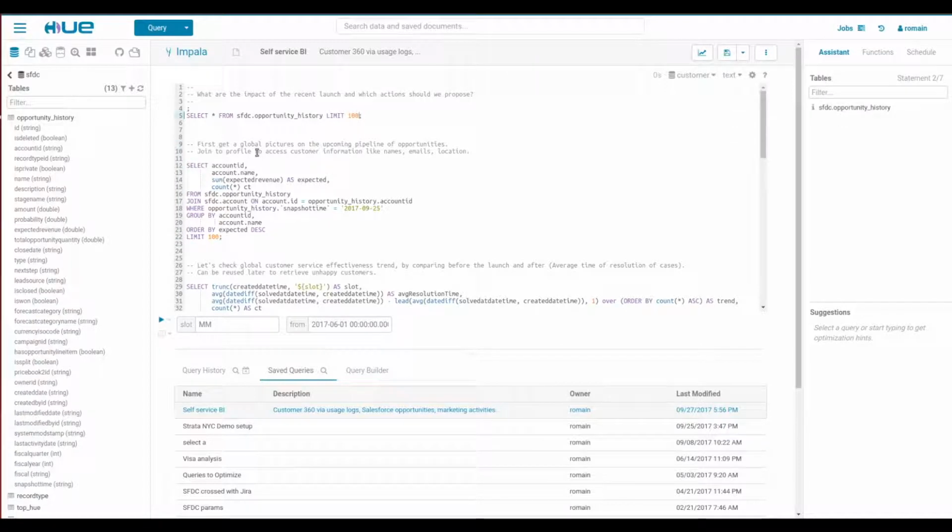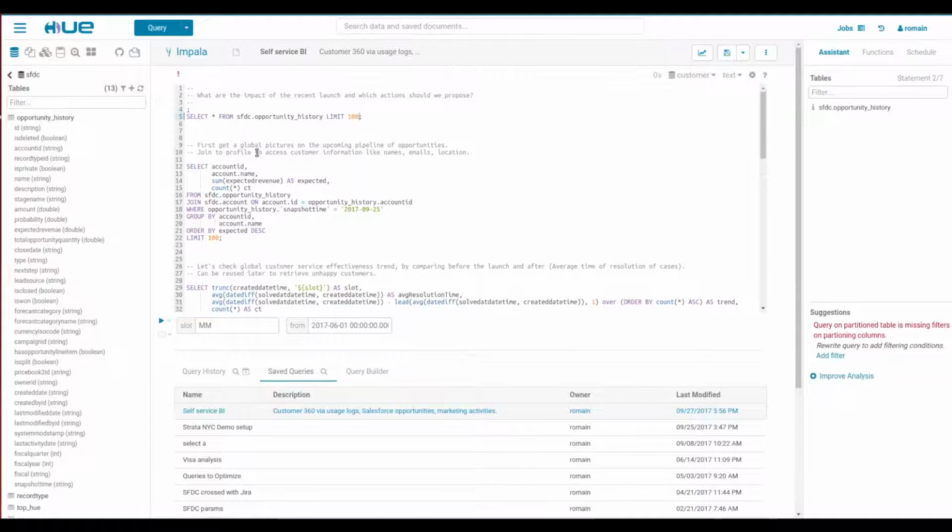Now, even before executing the query, we're getting a warning in the assistant. So this is a large table containing days and days and days of data. And if we query without any filter, the query will be really slow and might even harm the cluster.